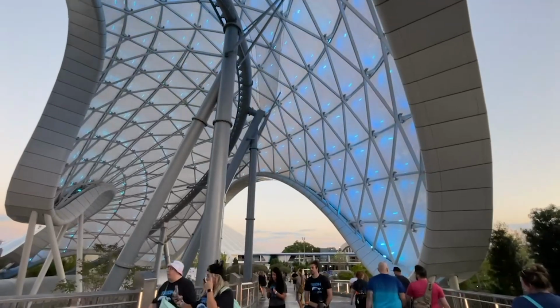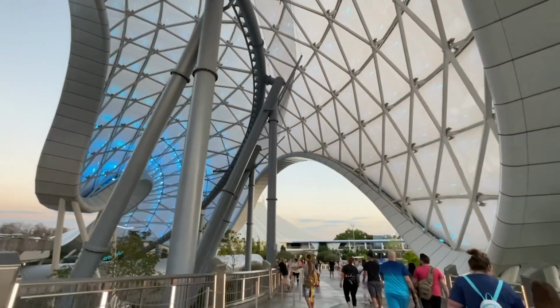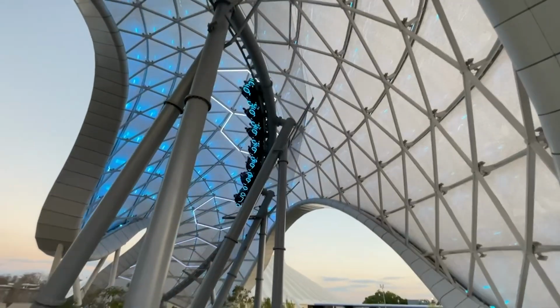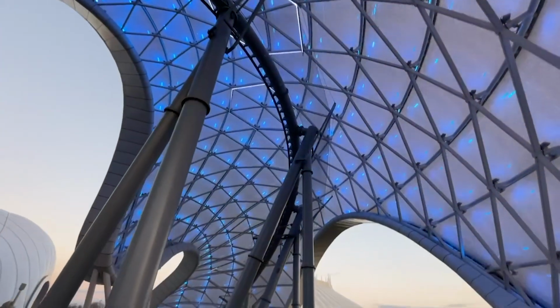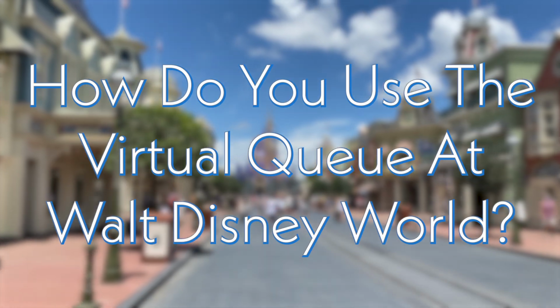And just like it sounds, both of these rides are extremely popular. They've both pretty much opened up within the last year. And, again, we do see them kind of staying on the virtual queue for the time being, at least for now. Okay, so we're going to jump right in, and essentially, how do you use the virtual queue at Walt